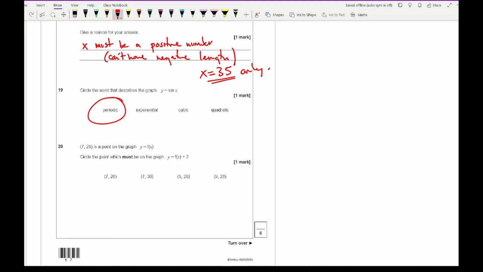For question 20, it says that (7, 28) is a point on the graph y equals f of x. Circle the point which must be on the graph y equals f of x plus 2. Now for this particular question, all we need to do is simply add 2 to the y ordinate. Because obviously if you're adding something to the function, this topic, if you're not sure, is graph transformations. And what you're doing by adding something to the function is affecting the y-axis. So the correct answer is going to be